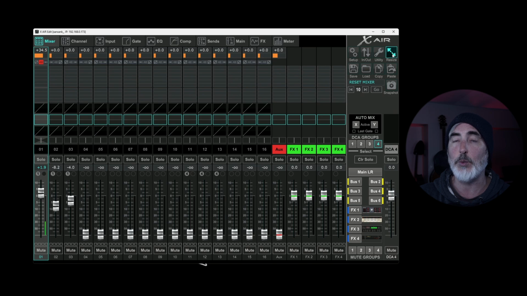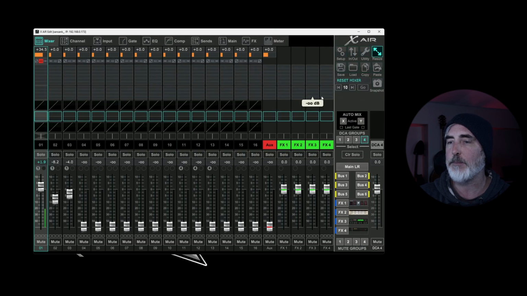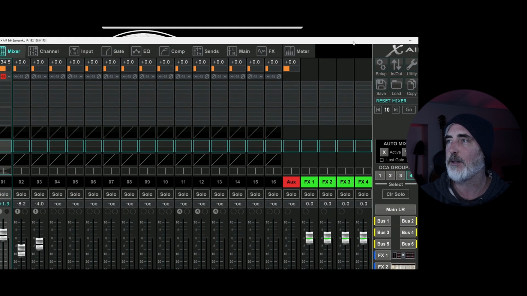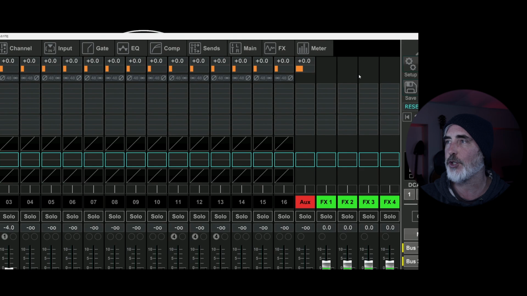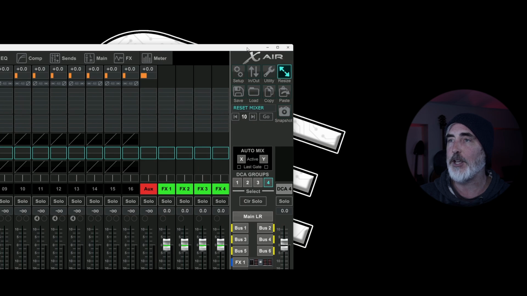The next thing we have is our resize. Pretty self-explanatory, but we'll look at it anyway. Standard is pretty small. If I do medium, that's sort of what we were looking at a second ago. I enlarged it just a bit. Then you have high, and then of course you have ultra. And these are very dependent on the kind of window real estate that you have. The other thing you can do